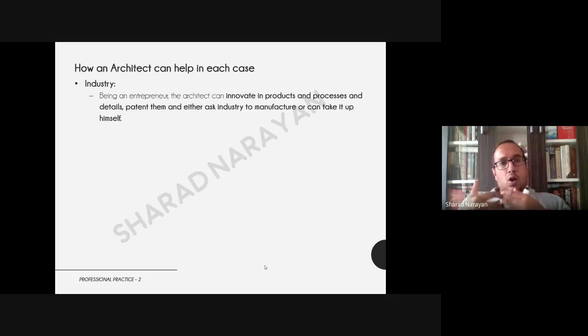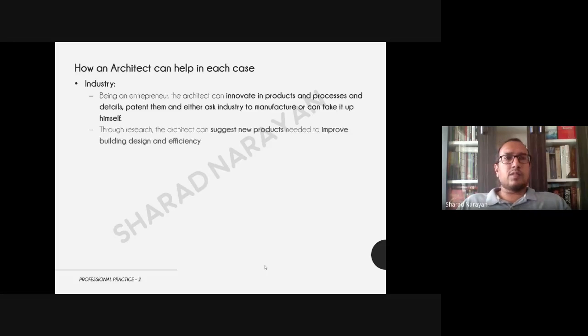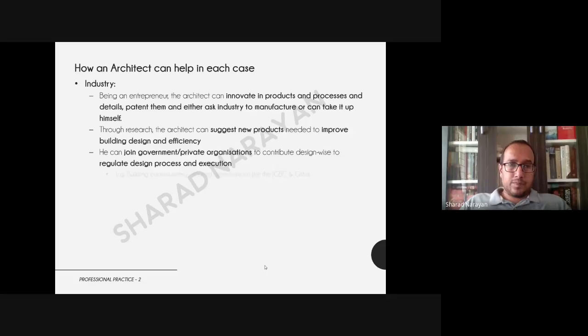You would have noticed that a lot of architects end up diversifying into allied fields which are design centric. This is basically allowing us to innovate and come up with newer building techniques. Through research, the architect can suggest new products needed to improve building design and efficiency. We can join private or government organizations to contribute design wise to regulate design processes and execution,